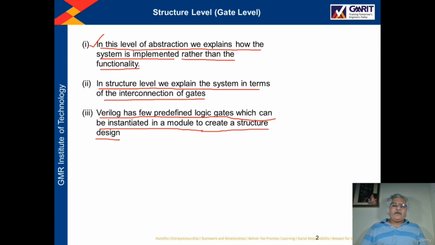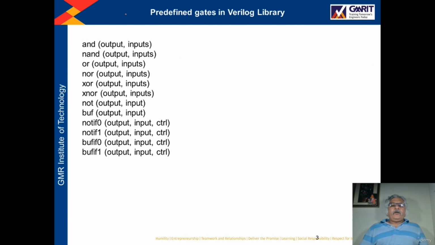So there are some predefined logic gates in Verilog, and those logic gates can be used for writing the Verilog code at the structure level. So these are the predefined gates. We already discussed a few of the gates in an earlier lecture, but a few more gates I have included here, and those